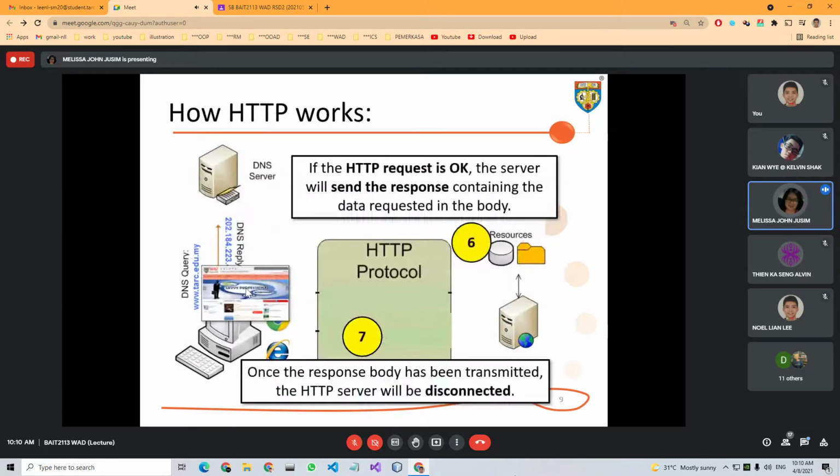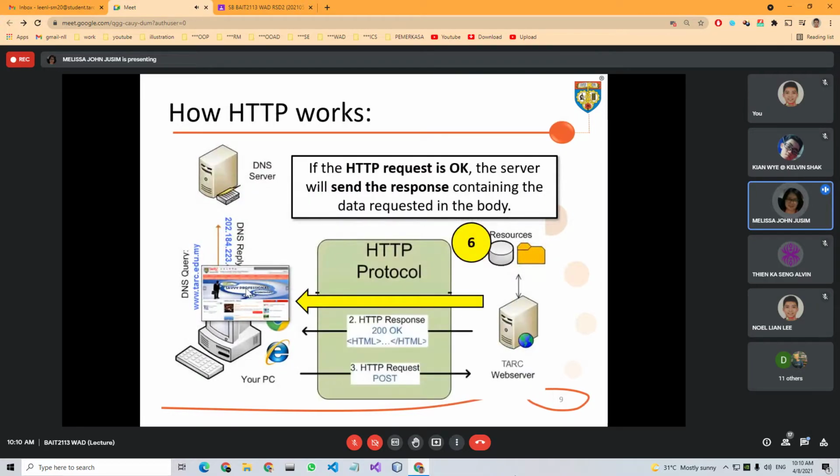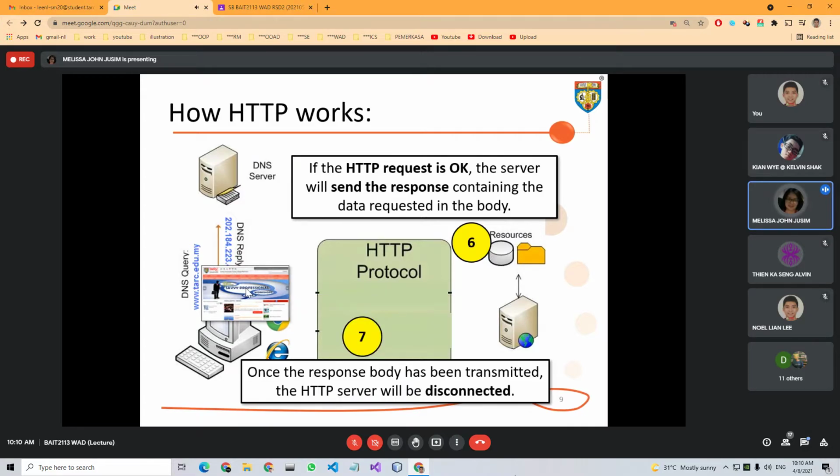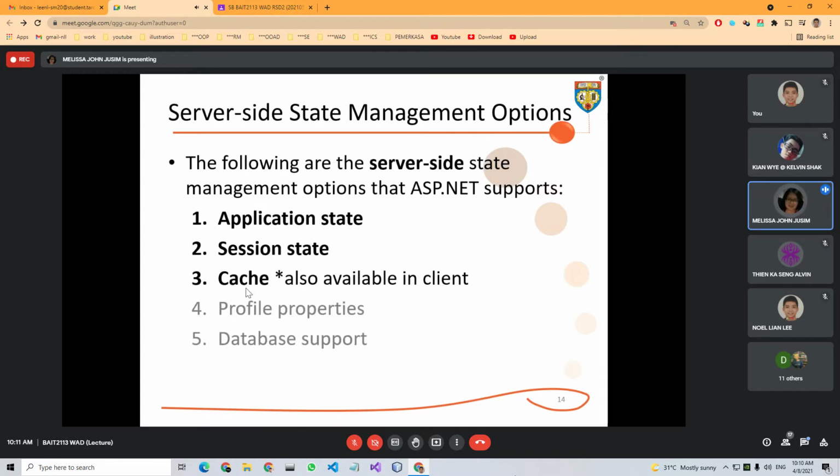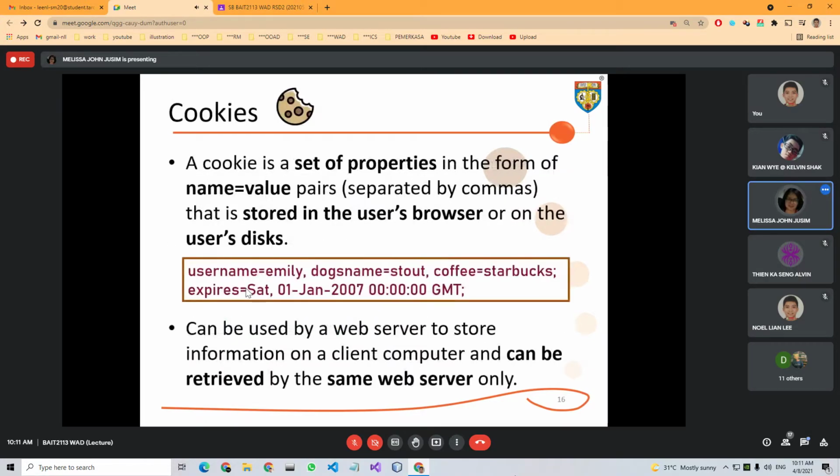Let me show you. I think it's not in this particular diagram, but from our previous chapter, chapter 5, the animation showing form authentication with cookies, you can refer to that.